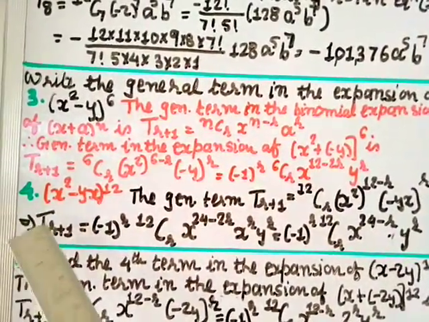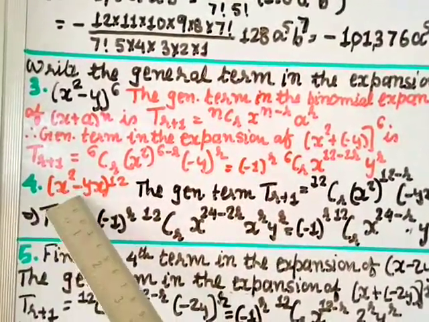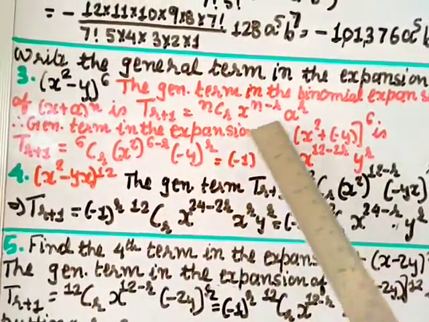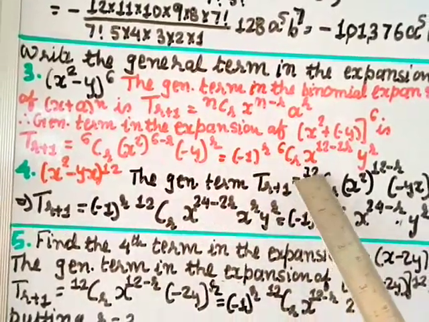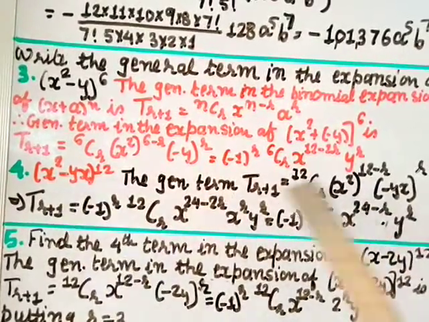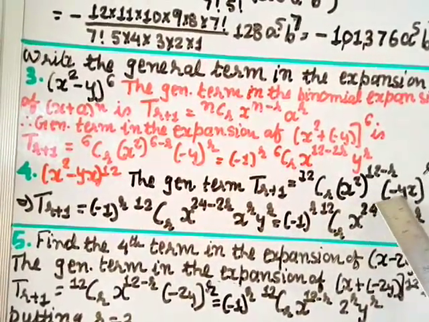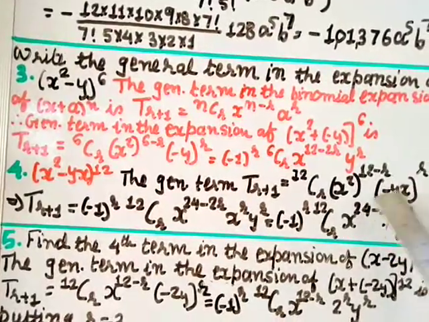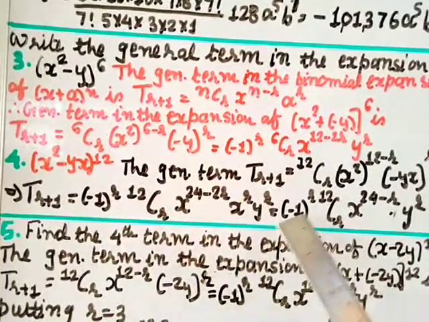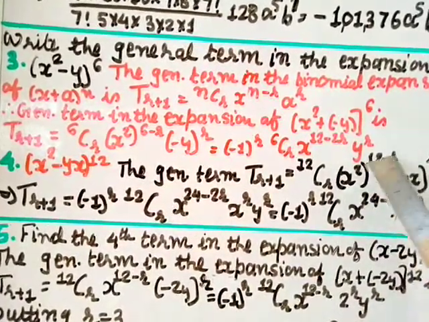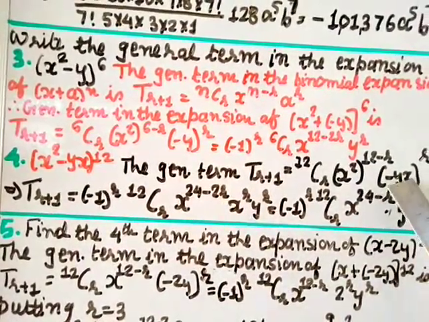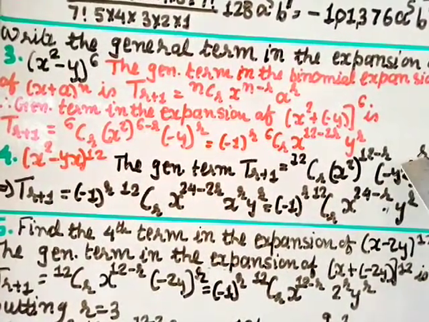Now question 4 is also we have to find the general term. So (x square minus yx) power 12, the general term T(r+1) equal to, I am using the same formula, this one, n is 12, so 12Cr, here (x square) power (12 minus r) into (minus yx) power r. Here also minus 1 is there as a coefficient, so (minus 1) power r I am taking out. This is 12Cr as it is, this x and this 2 you are multiplying here, so 12 into 2 is 24 minus 2 into r, 2r, and this r is given to both these terms, so x power r and y power r.